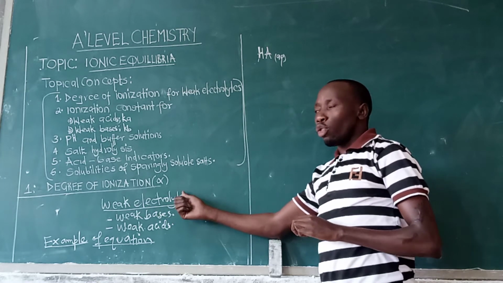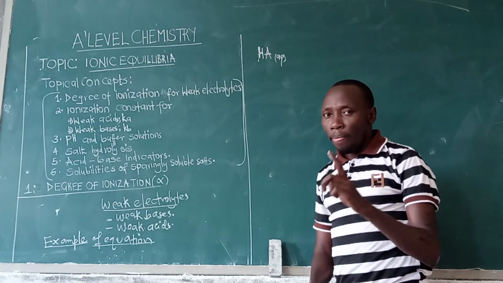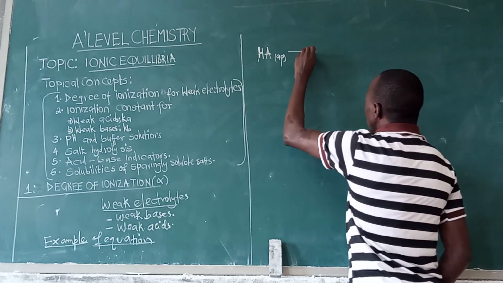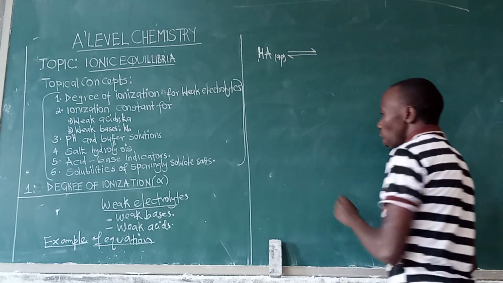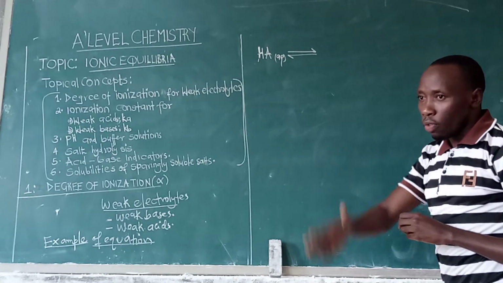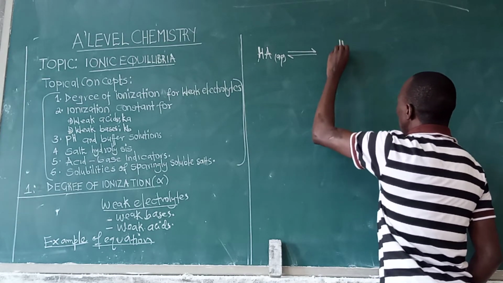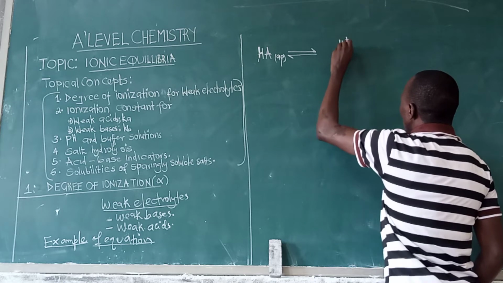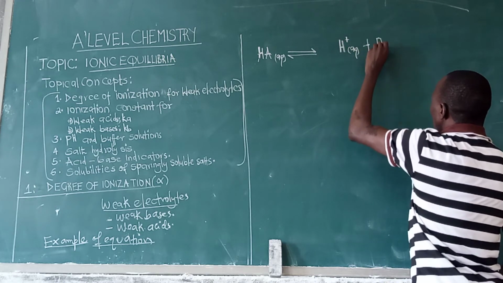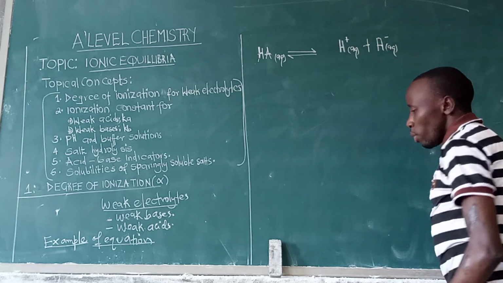That means it should be at zero concentration, so that there is room for dissociation. Since it is a weak electrolyte, we shall use arrows to indicate dissociation. Here we shall come up with a proton, as well as another ion, which is